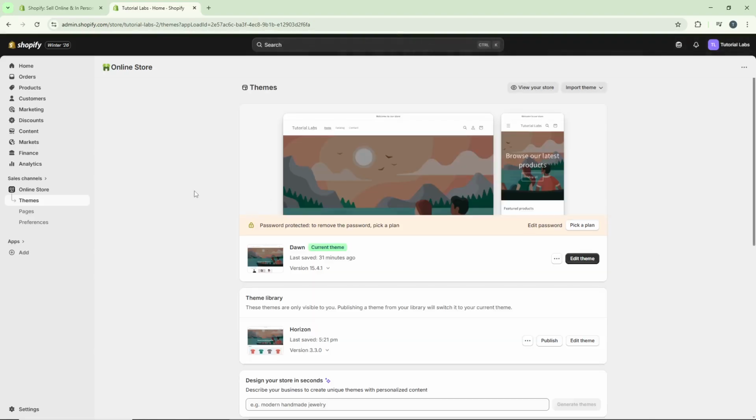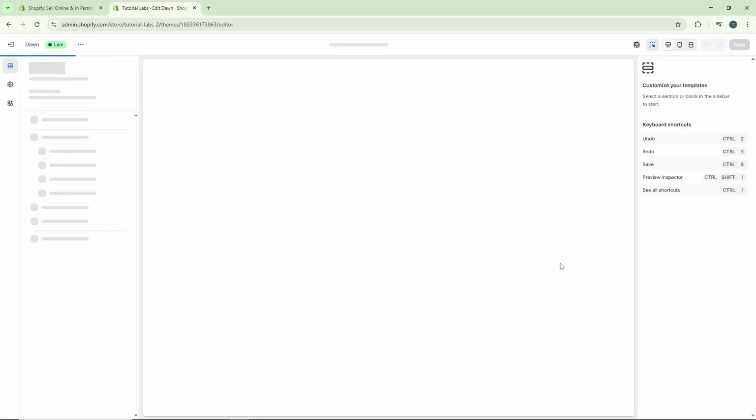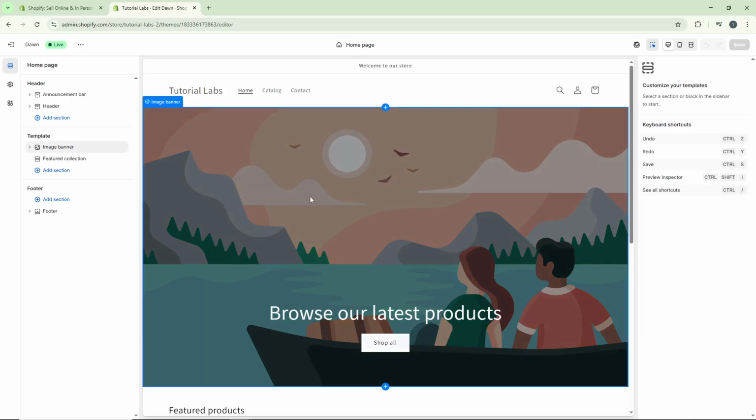Once you're in the Online Store section, you'll see your current theme displayed prominently. Right beside your theme, there's a button that says Edit Theme. Click on this button to open up the theme editor. This is where all the visual customization happens, and it's a powerful tool for tailoring your store's look without needing